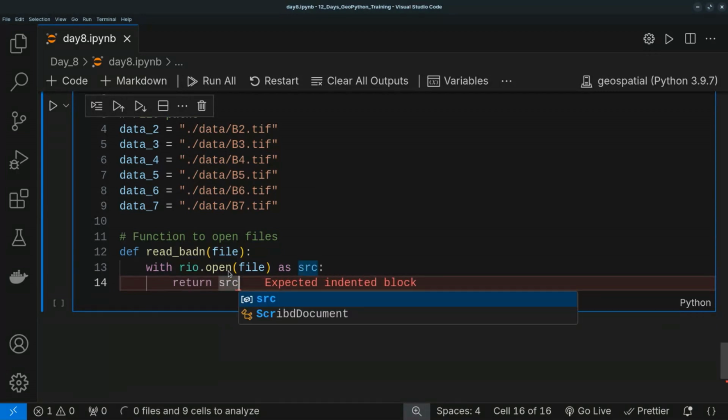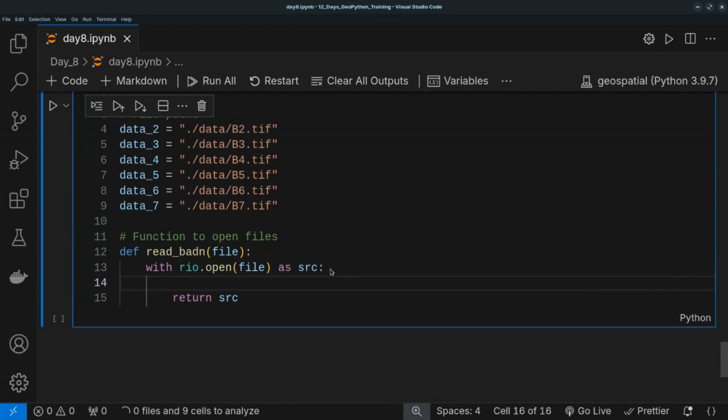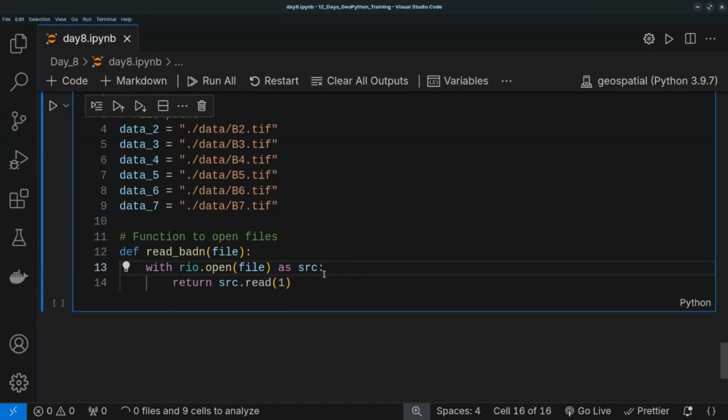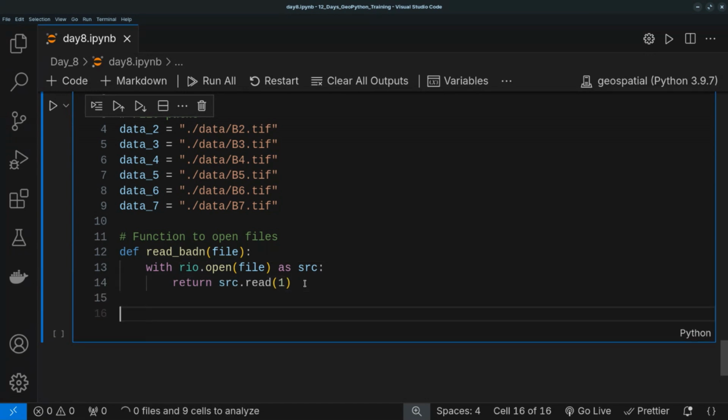I can first create it as a band here, say band equal to src.read(1), as I told you to always do this way, or return it directly and say src.read(1). So I can pass in band here or pass in this read directly. I'll choose the fewer lines of code. And so inside this return now,